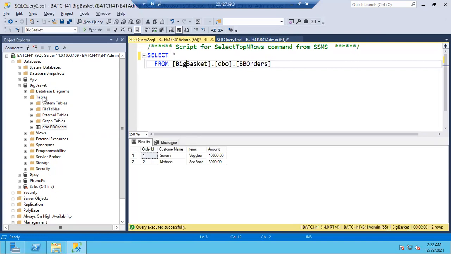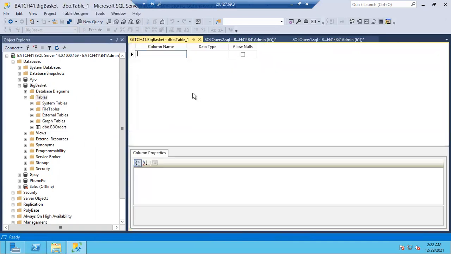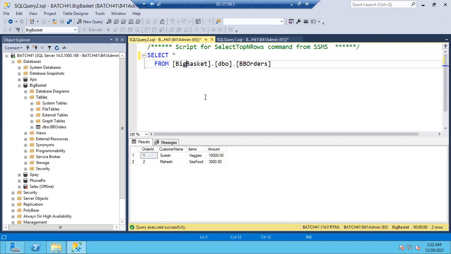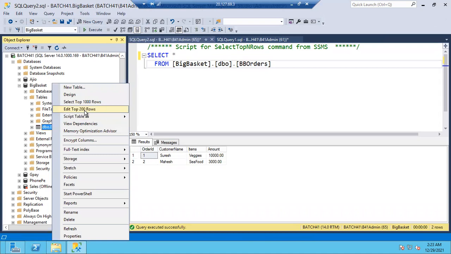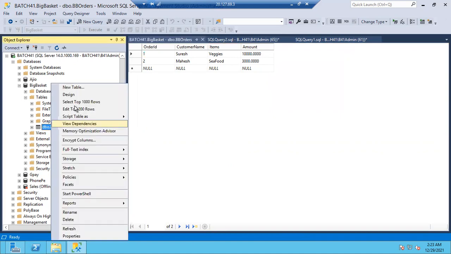See, whatever you are doing, you can happily add from the GUI. Okay, that's easy. If you want to go with the query, then you have to follow the query. There is a separate alter query for the table. You have to alter the table so that it will add one more column. You want to add a column, right? Column by using GUI, is it possible? Let me check. Even I never tried using the GUI, but using a query you can add a column. Okay, using the alter query you can add a column and all. Let me check whether it is allowing us in design.